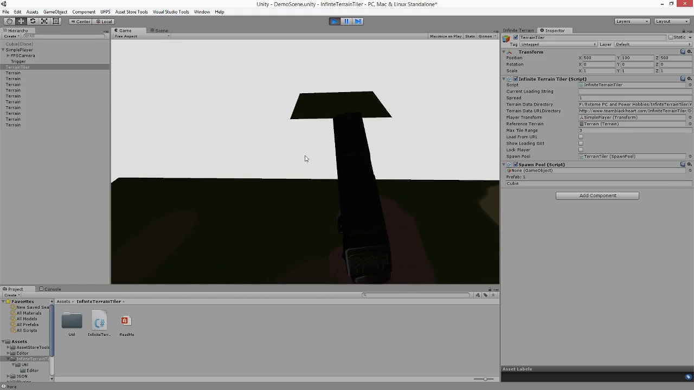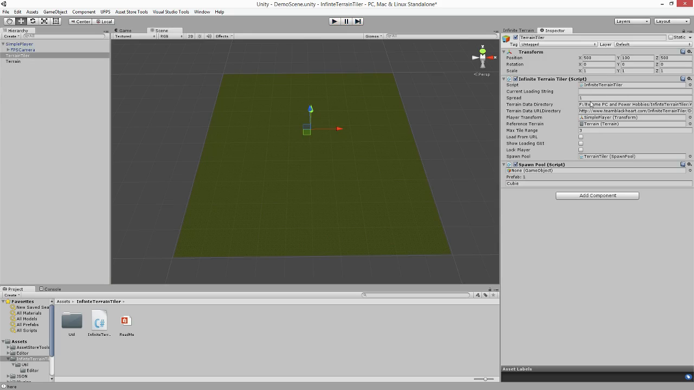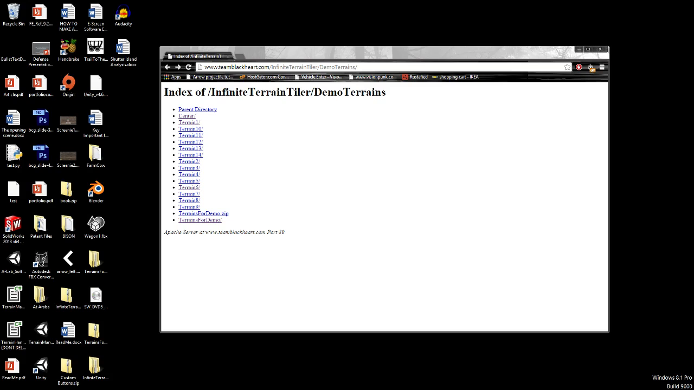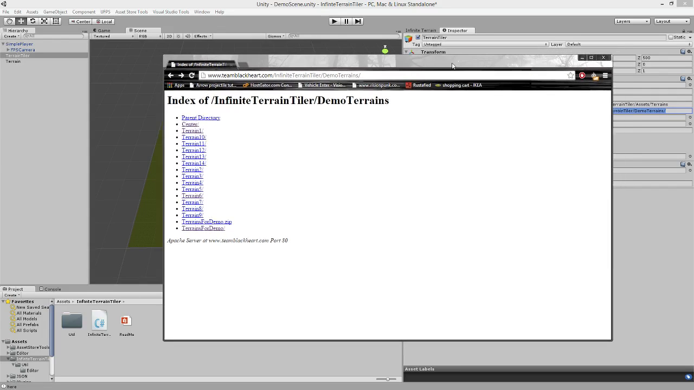So what I'll do is stop this real quick, and now I want to show you the new stuff. The new stuff is loading from a URL. In this case, I've specified a URL to load from, and if I were to look at that URL from a web browser, I would see